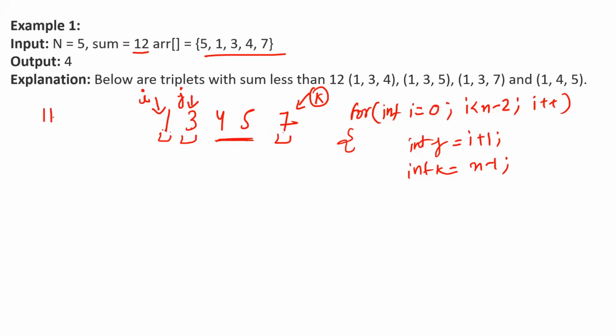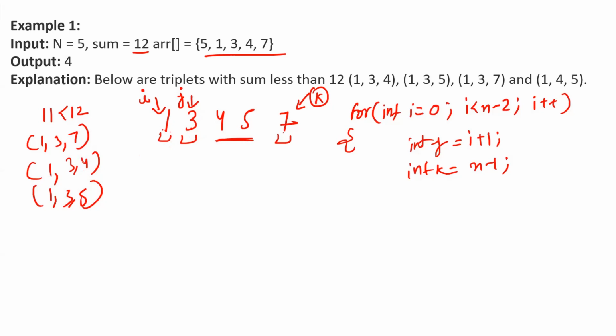11 is lesser than 12. So this is one possible pair that we can have. Now you know that if it is a possible pair, if it is satisfying the condition, then obviously the elements 4 and 5, so 1, 3, 4 and 1, 3, 5, are also going to satisfy the condition that has been asked of us.